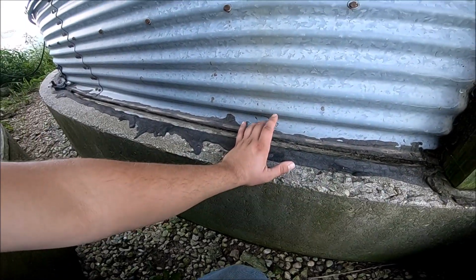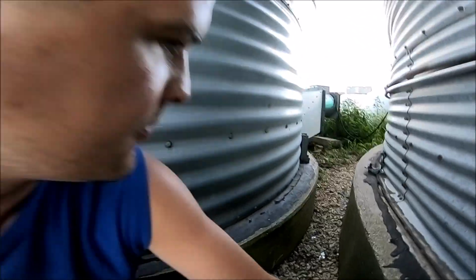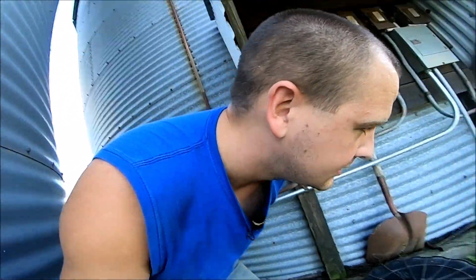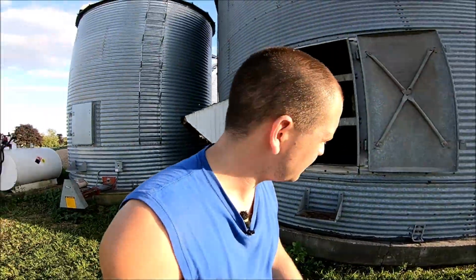So it really boils down to how much you want to push your luck. We can go through and retar this bin, which, from what I understand of Ryan's intentions, we're gonna fill full of corn, and that's gonna be feed corn for my brother's calves, for his steers. As far as trying to keep using this one, we can keep using it to a certain degree, but eventually we're just gonna have to quit using it altogether. Because